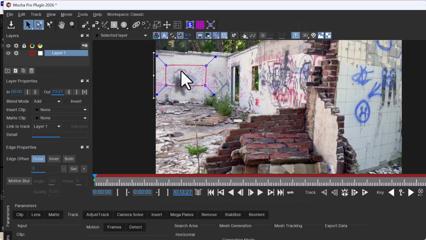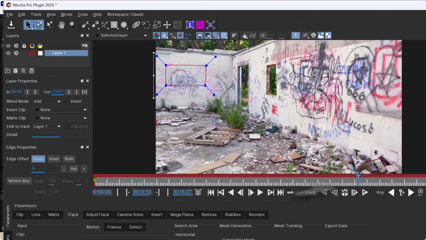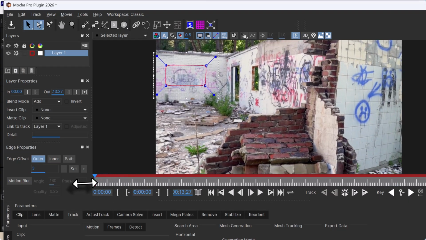And now with this rectangle, you can do many things here. First of all, we have not tracked anything, so even if you just move around this, you realize there's nothing happening because it has not been tracked. So what we need to do with this selected, we're going to make sure that we have everything that we needed in the track